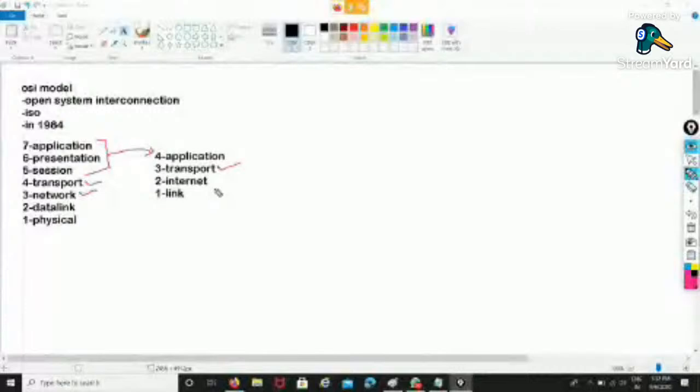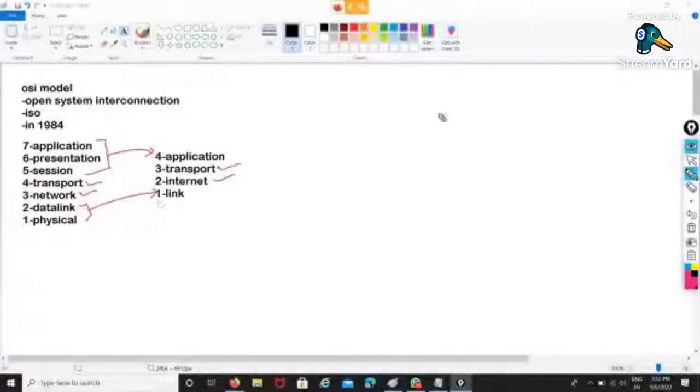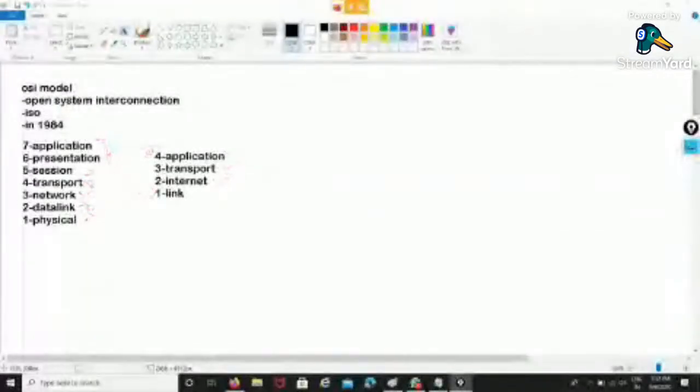So the first TCP/IP model was like this. Here we can see the 4 layers in the TCP/IP model. But nowadays, if you see the TCP/IP model, it is named the updated TCP/IP model, which is